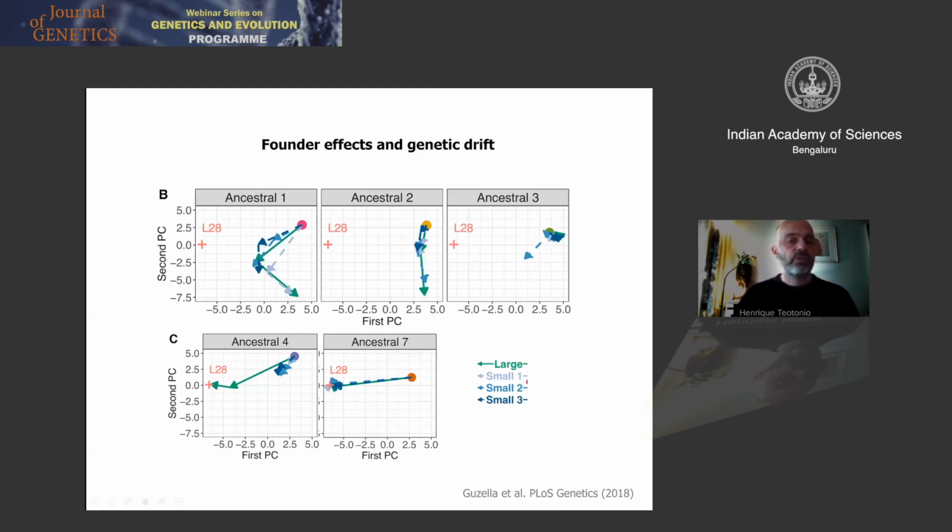for the ancestral 4 population, we only see a sweep of the best lineage at high population sizes, while the 3 populations with small size don't show this sweep. As expected, the frequency is relatively small, and so we were able to sample this best lineage only with high population sizes. The final ancestor shows that independently of population size, there was this sweep of the best lineage, meaning that in the ancestral population, the frequency of this best lineage was higher than in the other populations. So this shows that indeed